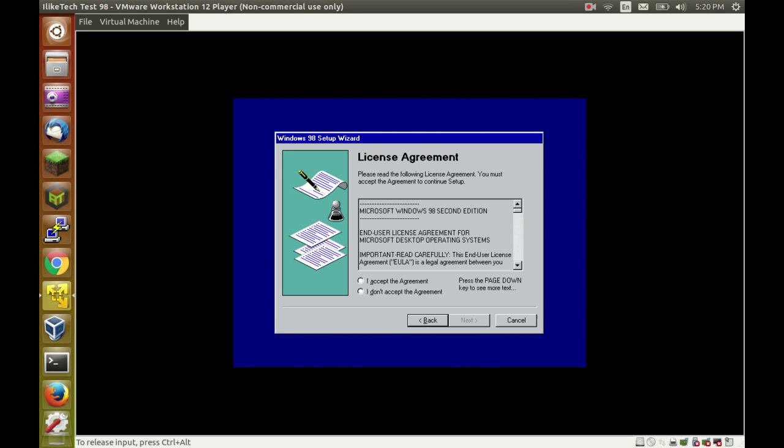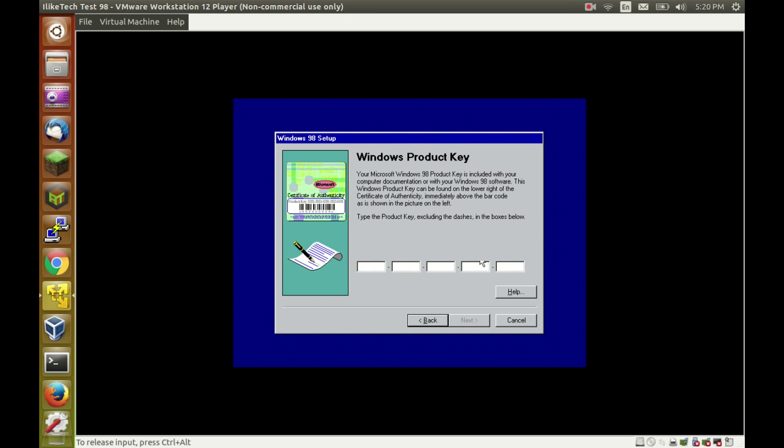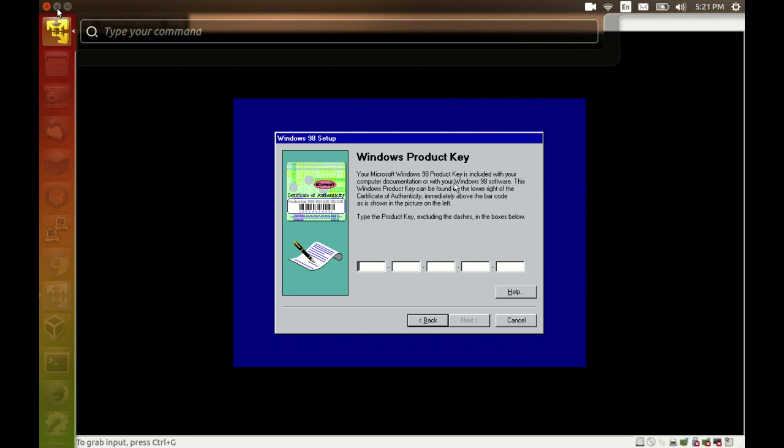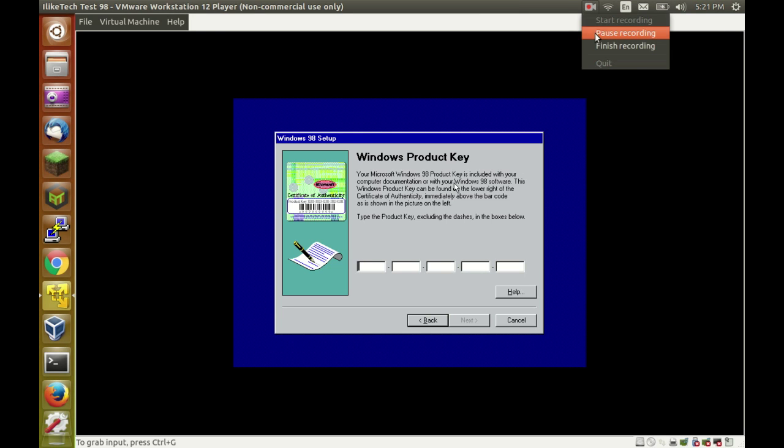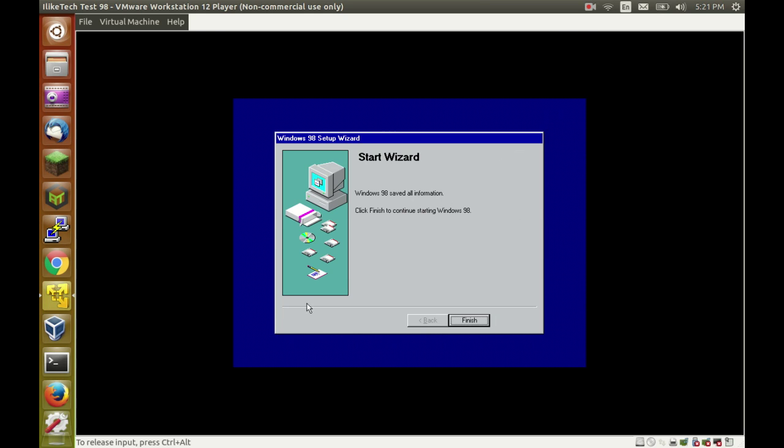Okay, now here's the license agreement. Just hit the accept button and press next. Now you will be asked for your Windows product key. Enter this and then press the next button. I am not going to show this footage. Okay, I'm back. I just entered my key and then I pressed the next button and I get to this